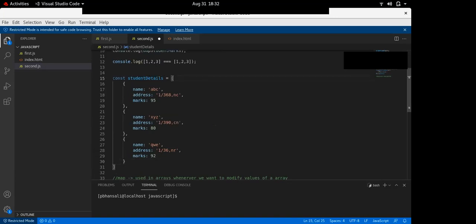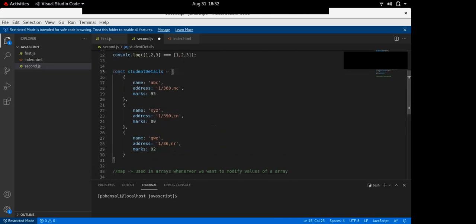So see, whenever someone asks you about the filter method, it is basically used to provide a shortened array with the given condition. For example, take this array, which has three students' information: the first student has 95 marks, the second has 80, the third has 92.